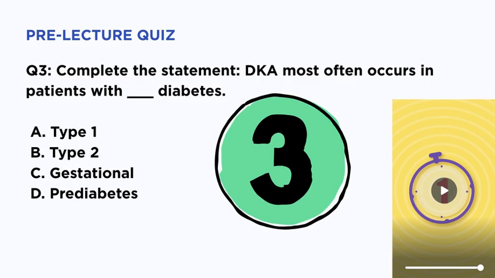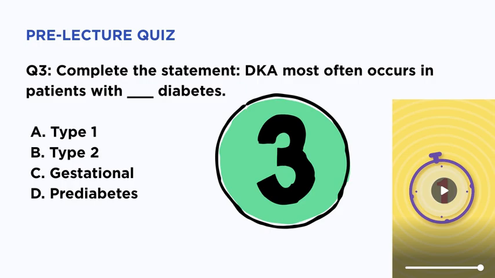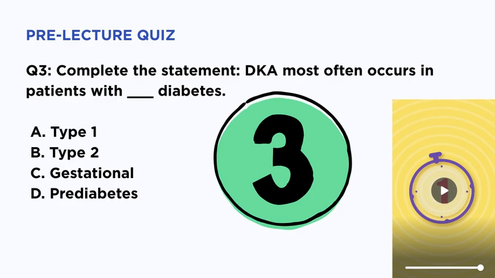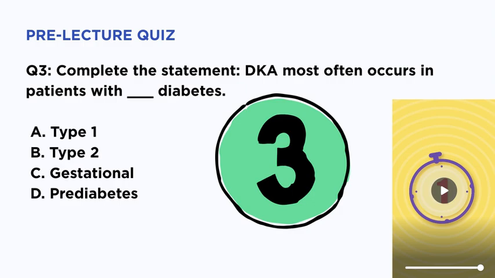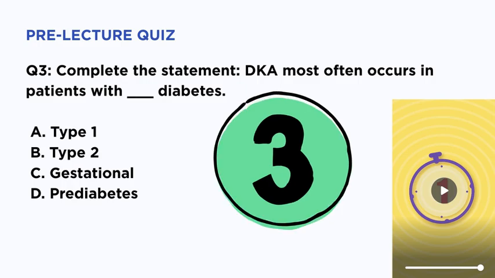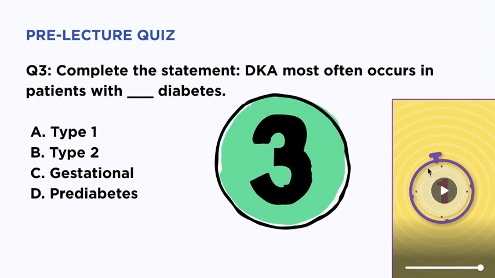It involves little to no insulin production at all, so remember, that's type 1 diabetes. Without insulin, glucose cannot enter the cell, making DKA more likely. One of the salient features of DKA is that no matter how much you try, insulin is trying to open the door of the cell, it won't open it. I call it the door, and we're going to talk about that. So question number 4,